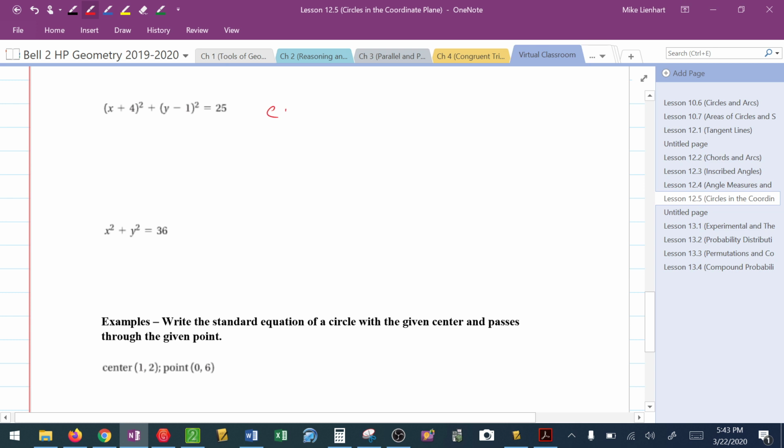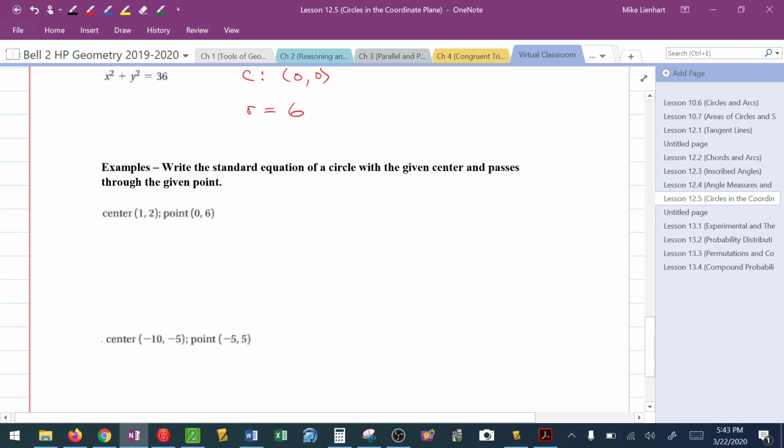I know I need to identify the center, which would be at -4. So that would be an x coordinate of -4. Minus 1, so that's a y coordinate of 1. And the radius would be the square root of 25, which is 5. Third example here, I know that the center, hopefully you recognize it's at 0, 0, and the radius would be